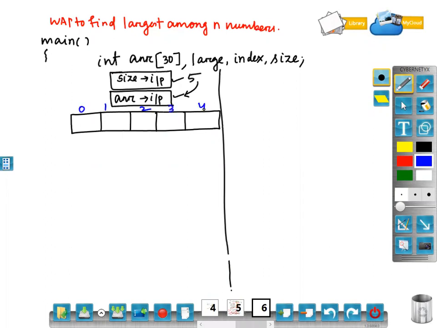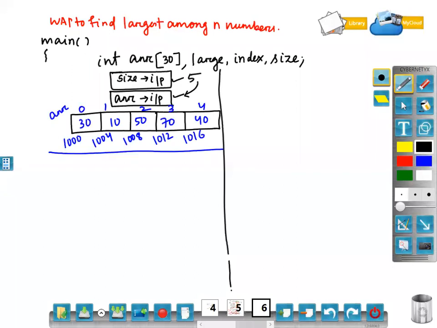Memory locations, suppose 1000, 1004, 1008, 1012, 1016. Clear? The name is arr, and I have taken the inputs 30, 10, 50, 70, 40. These are the values I have taken as input. Okay. So till now I have done up to this much. Okay. Next, what will I do?